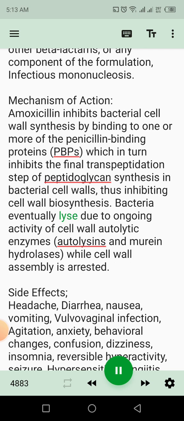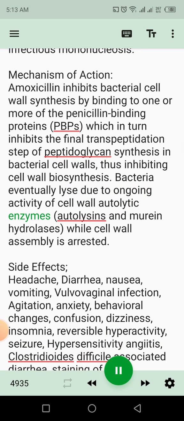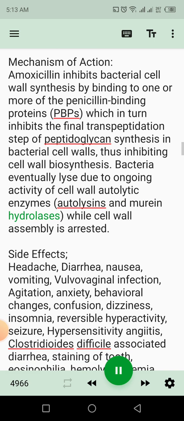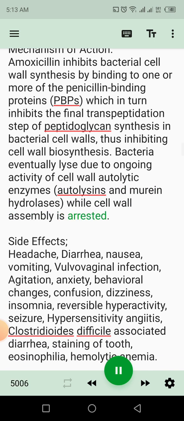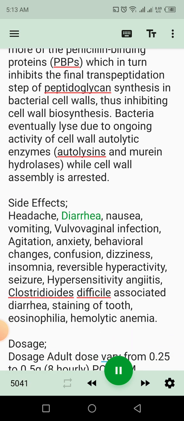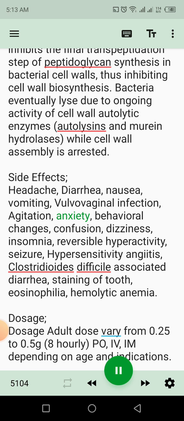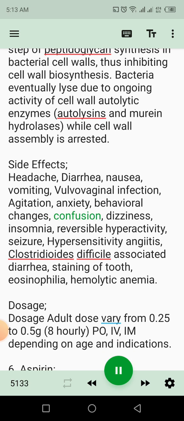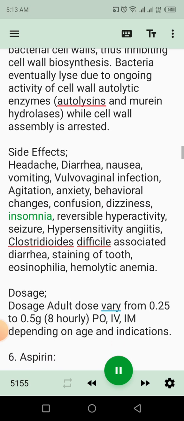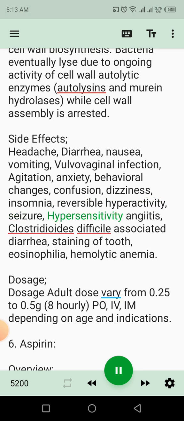Bacteria eventually lyse due to ongoing activity of cell wall autolytic enzymes, autolysins and murein hydrolases, while cell wall assembly is arrested. Side effects. Headache, diarrhea, nausea, vomiting, vulvovaginal infection, agitation, anxiety, behavioral changes, confusion, dizziness, insomnia, reversible hyperactivity, seizure,